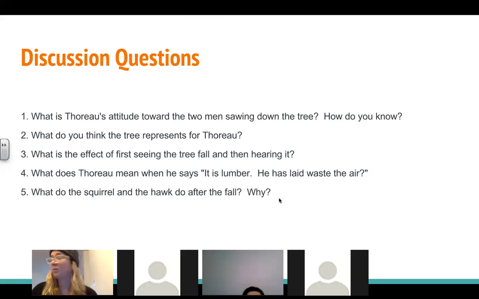So their home is gone. They have to find new ones. The muscovy circle in vain to find his custom perch. Yeah. Right? They move to a different tree. They flee. Right? So that makes sense, right? Hawks and squirrels are obviously not like, let's attack the person chopping down our home. Right? But then if the woodman is really preparing to chop down more trees, what's going to happen eventually to the squirrel and the hawk?